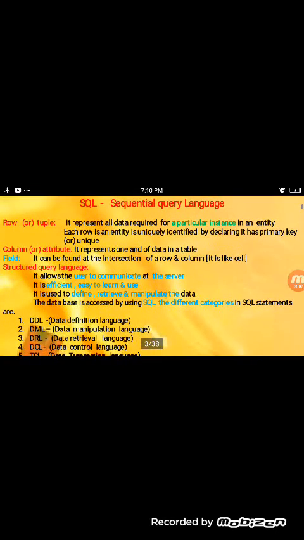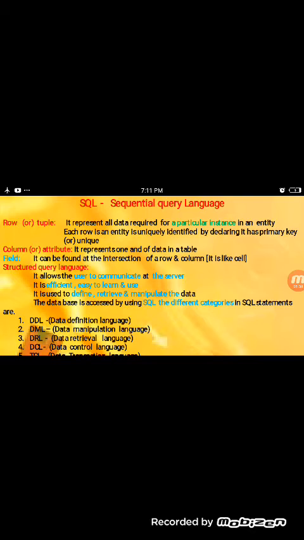Before going to that, these three things we should know: the row or tuple, and the column or attribute. Row means it represents all the data required for a particular instance of an entity.